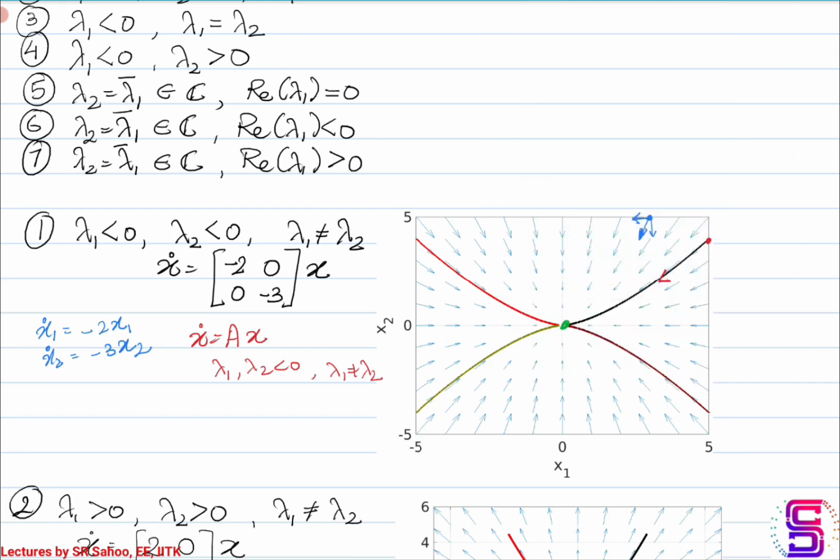So if you equate the equation Ax to be equal to 0, you can find that x equals 0, 0 is the equilibrium point, and the trajectories that start at any point on the state space will always have a motion towards the equilibrium point. Okay, so I have shown four trajectories from four different initial conditions.